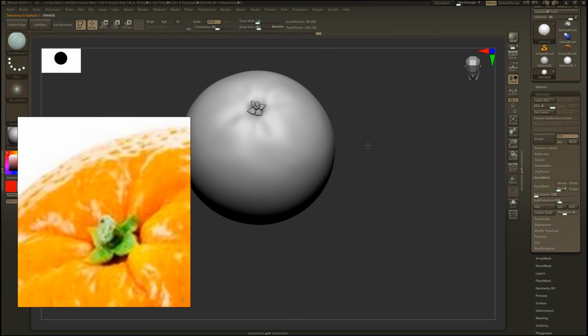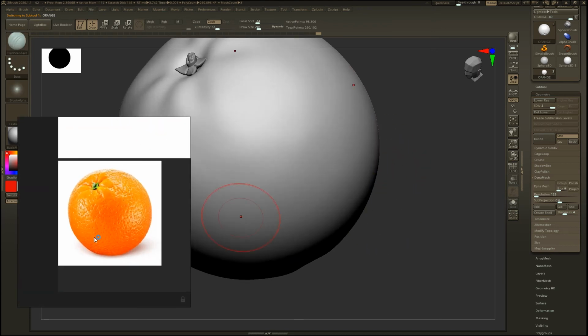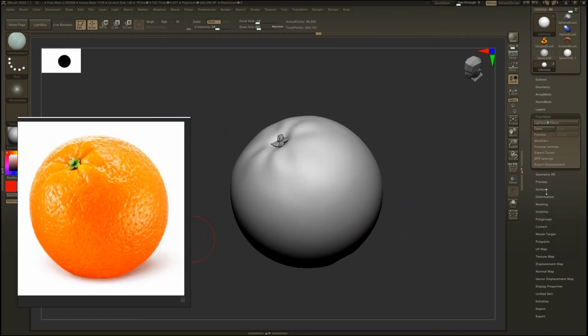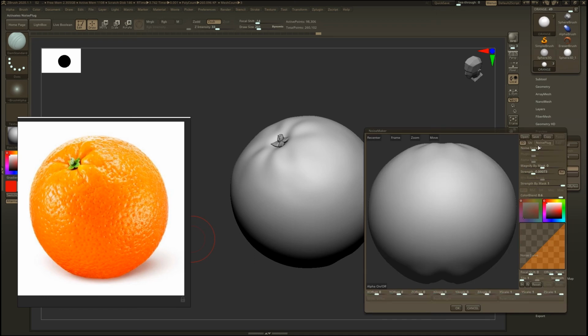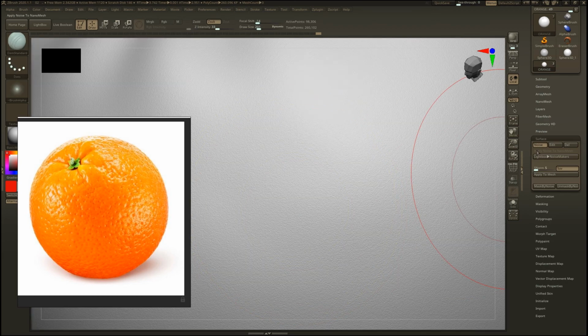The last thing is we want to add pore-like texture on it, as you see here in our reference. This can be achieved from the Surface palette. So go to the Surface palette and click on this Noise button. I just click OK and you see pores here, but we want to give custom pores. You can turn it on or off from here.